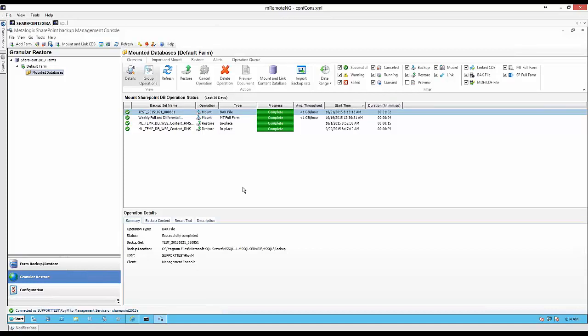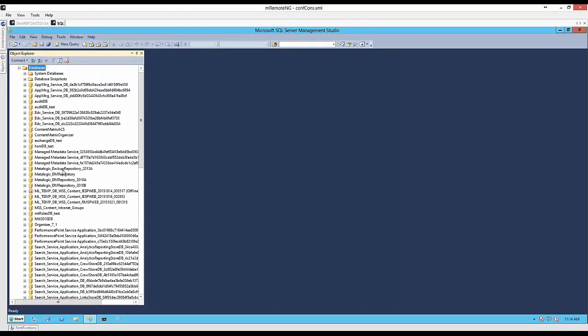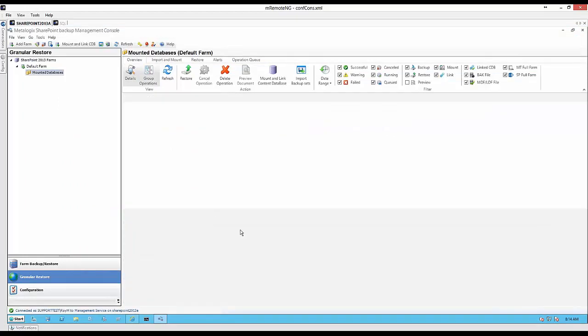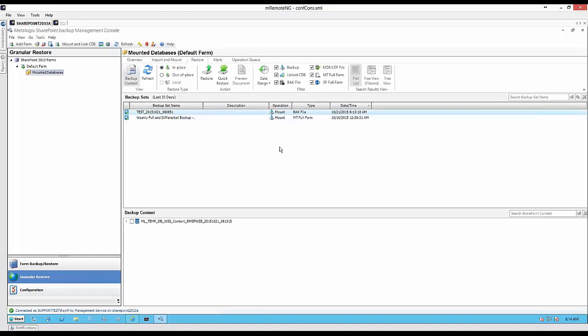There we go. We're all set and complete. So now, two things. If I go to SQL and refresh my databases view, I should see a newly created temporary database for the content database that was included in that backup set. And then furthermore, if I go into the Restore tab of my backup tool, go to the backup set that I just mounted, I should now be able to enumerate all that data from within